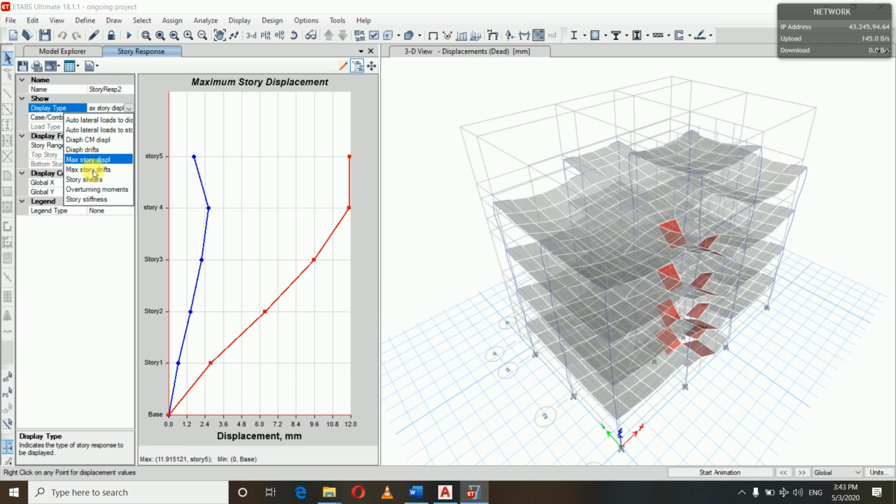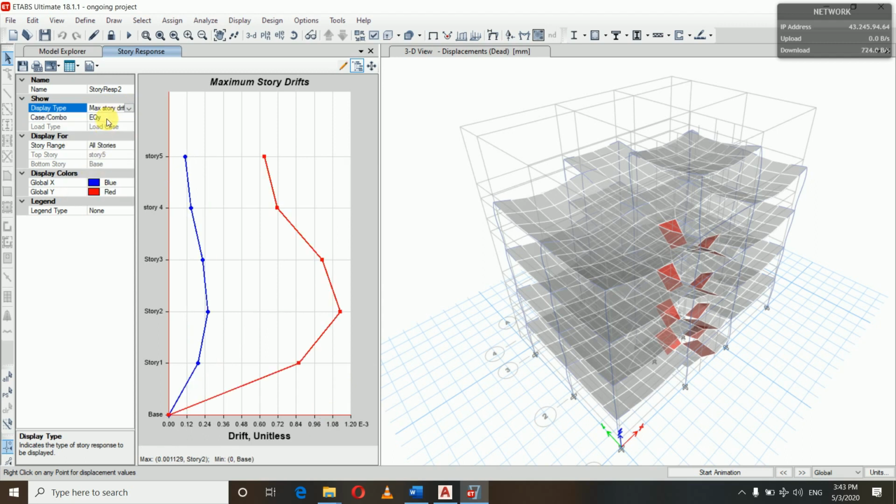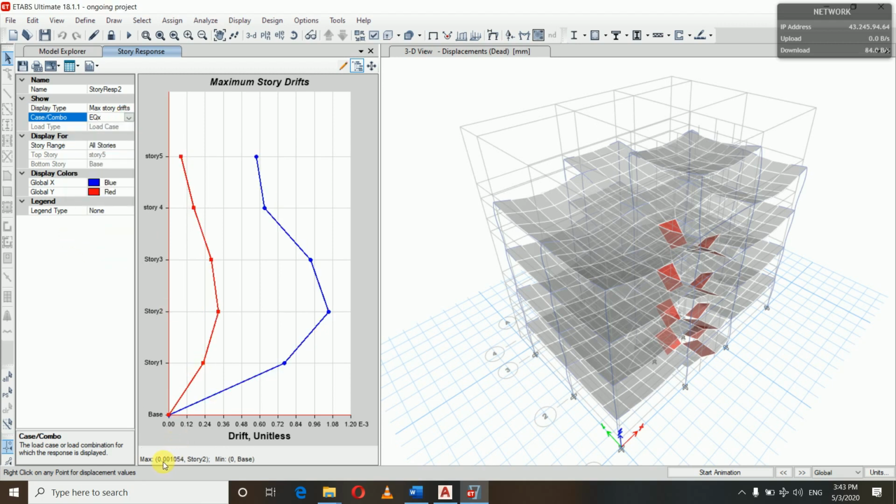Similarly, we will check the maximum story drift. In maximum story drift in the EQY direction, the maximum is 0.00112, and in the x direction the maximum value is 0.001054. So what should be the maximum limit? The maximum limit should be 0.004 times the story height. Story height means from the base to story 1.